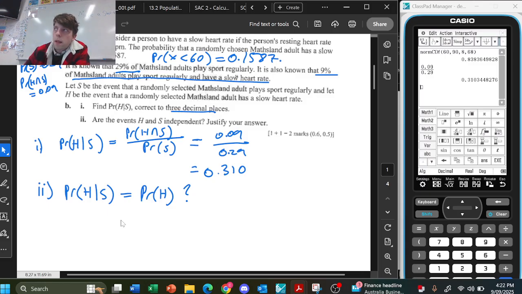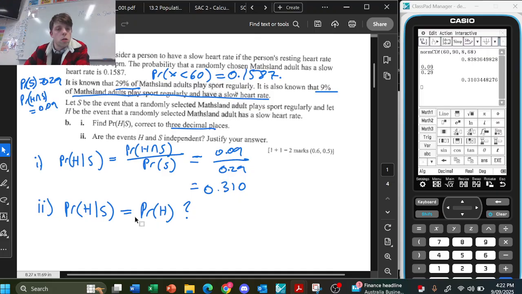Like if the probability of me tossing a heads, given that I tossed a tails on the previous round, is still just equal to the probability of me tossing a heads. So is this true? That's the question that we're asking. Well, we can see in the question that the probability that someone has a slow heart rate, we worked that out already. So the probability that a randomly chosen person has a slow heart rate is